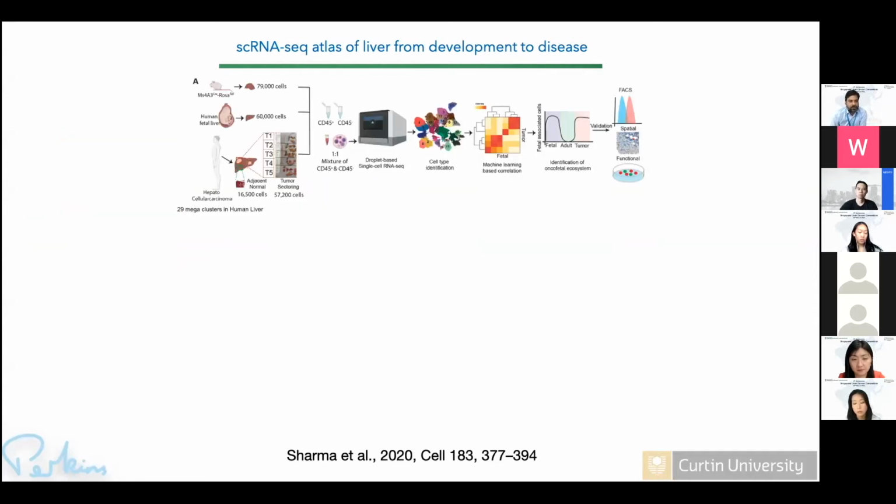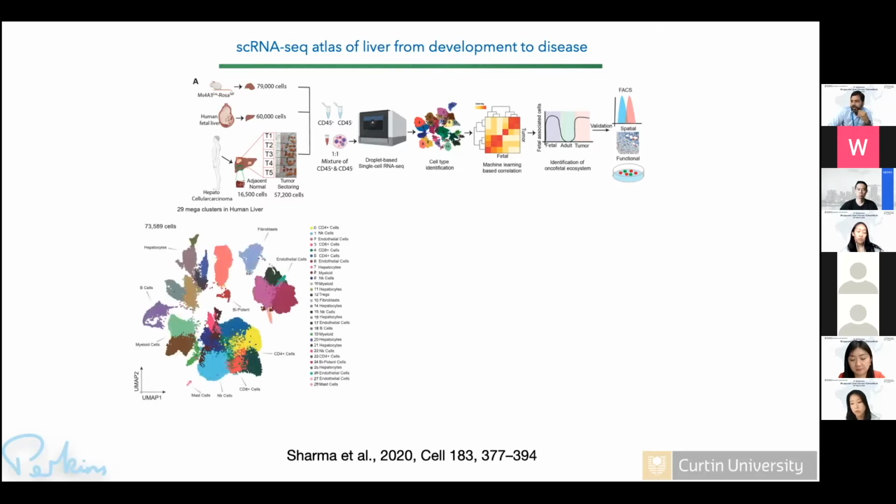This study was done using 14 HCC samples where we had adjacent normal and tumor. It's multi-sectoral sequencing, which was very nicely described by Vivi in the beginning, so I'm not going into those details. But the uniqueness of this study, compared to most of the HCC atlases you will see, is that we included 4 human fetal liver tissues, mostly from gestational ages of 14, 16, 18, and 21 weeks, so second trimester, right?